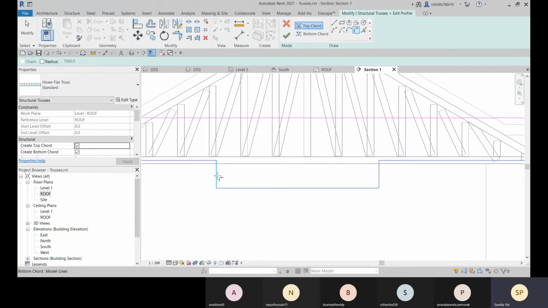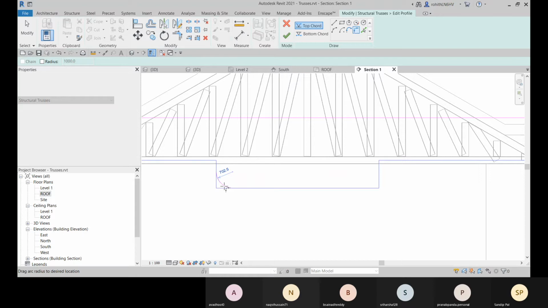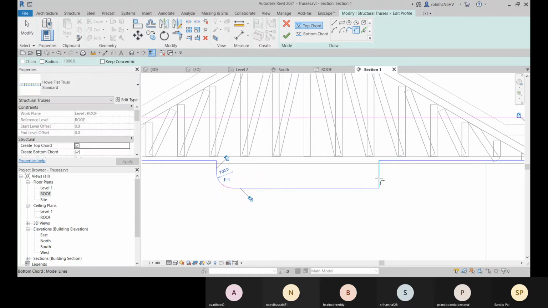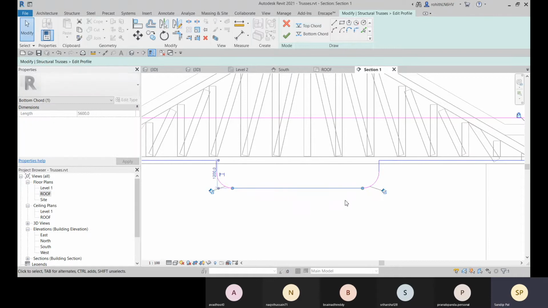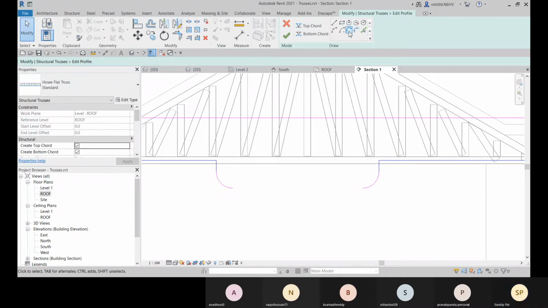Let me go with this fillet arc. And let me select and delete this. What I can do is then go with this tangent arc. Okay, so right now, let's go with that horizontal. Okay, so that is the profile which I'm going to create.